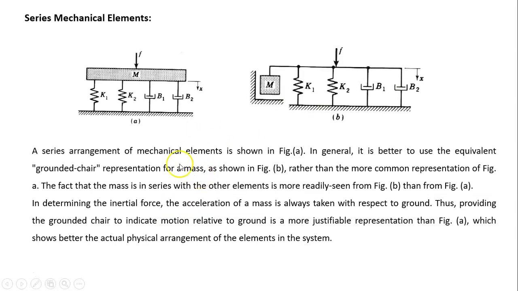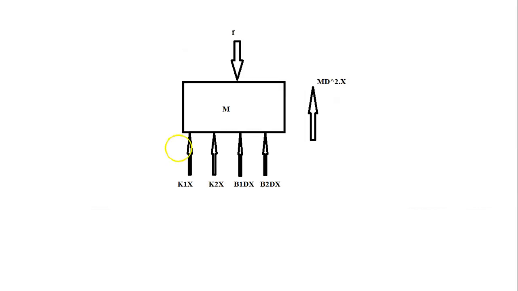Now again we will see the force analysis, that is how much force is acting on the mass m, in the next slide. Since this force F is acting in the downward direction, the next figure is the free body diagram of the mass m. See this free body diagram of the mass m. This is mass m. A force F is acting in the downward direction.